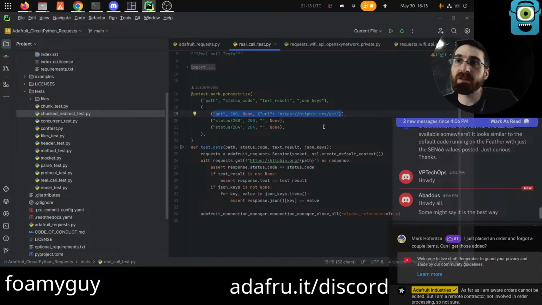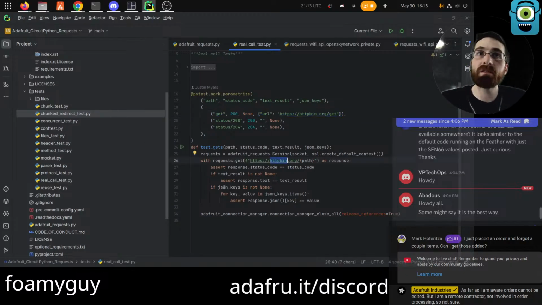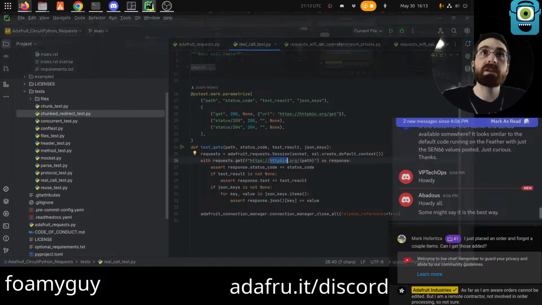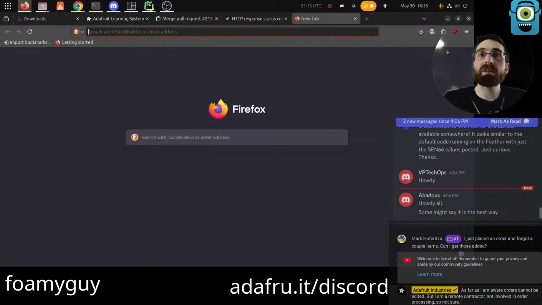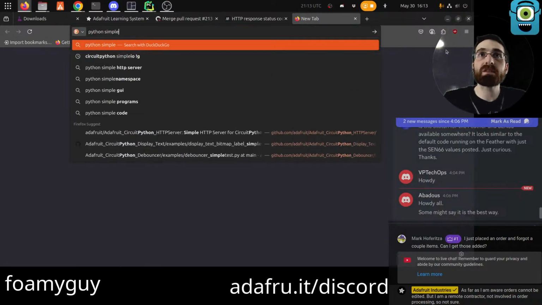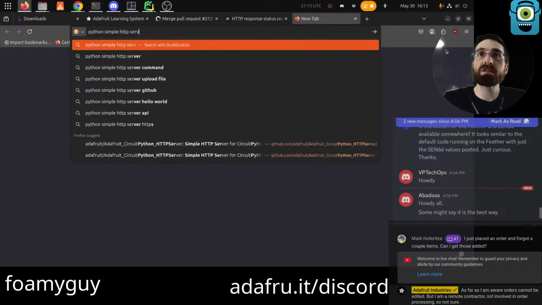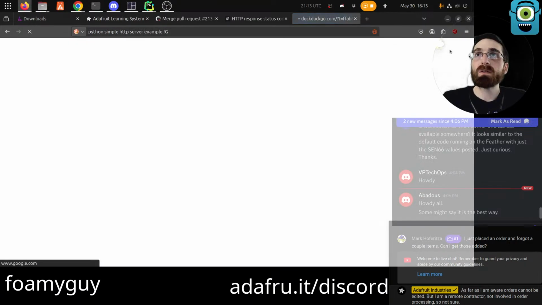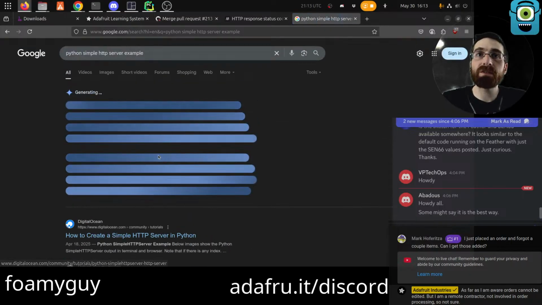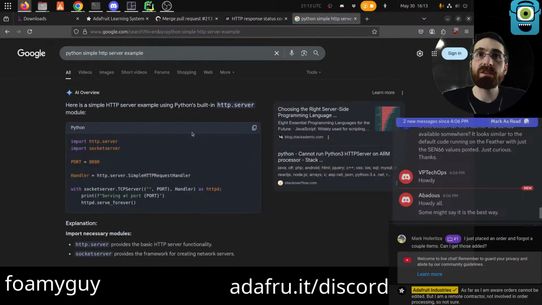We just need to make sure it's going to respond with the right stuff, and then we should be able to just swap that out for localhost and a port or something. So is there a Python simple? I know there's Python simple HTTP server, which can host a file server. Can this like...